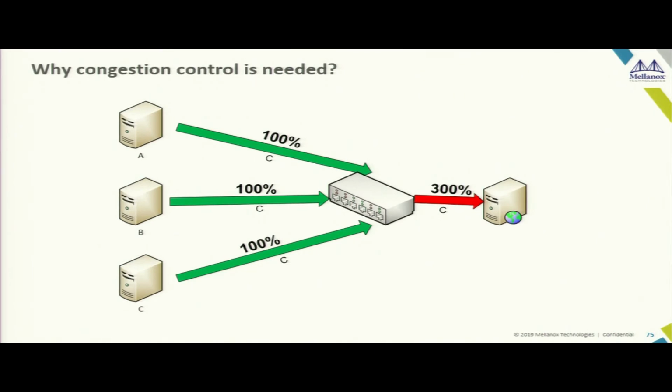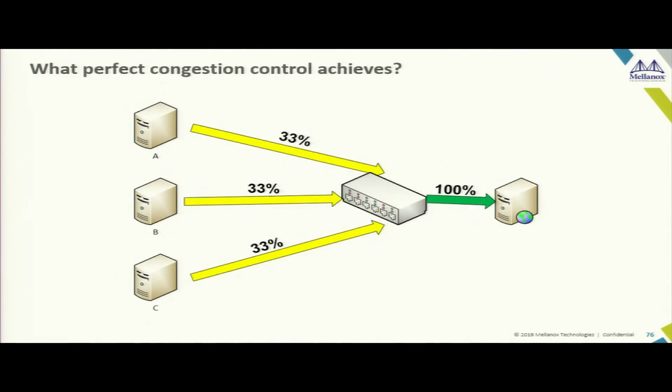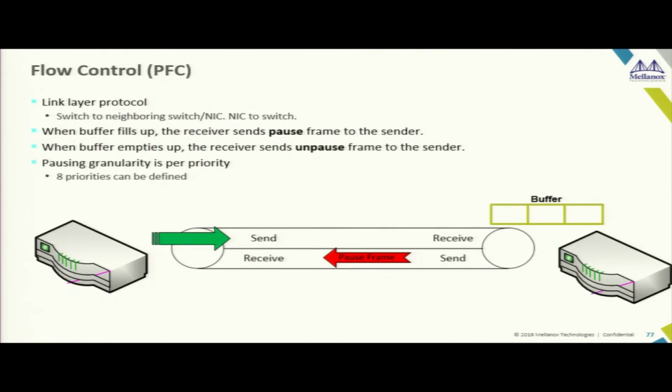So again, we already talked about it. Why is congestion control needed? Many to one communication hits the switch, and then obviously two get dropped, one goes through. So what is needed is, you come here, and now you do only 33% of the bandwidth, right? You try to throttle using pause. Okay? Then they came up with priority-based flow control.